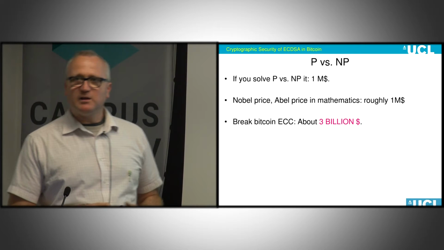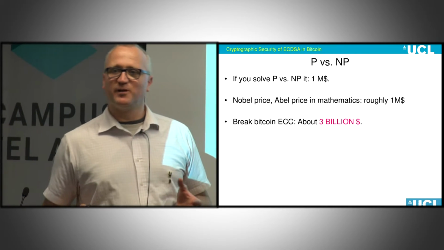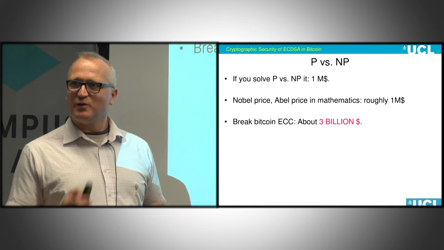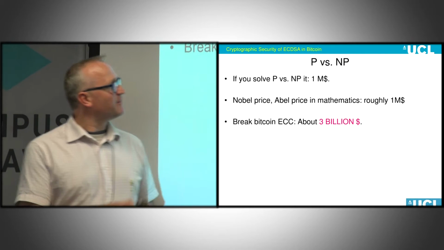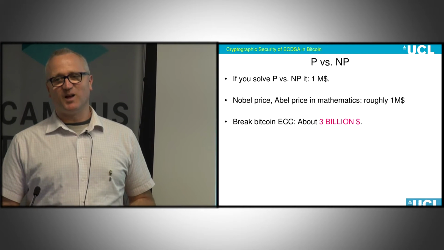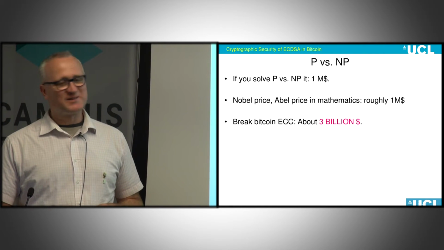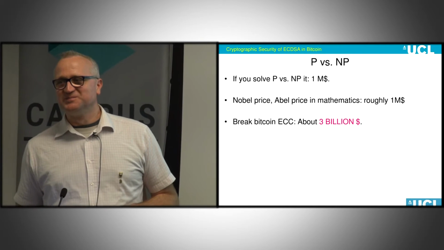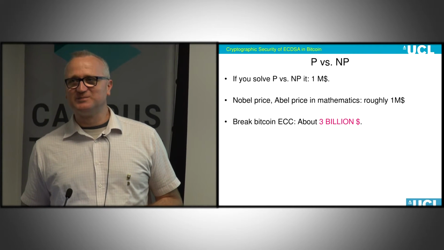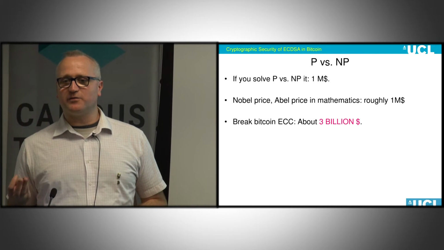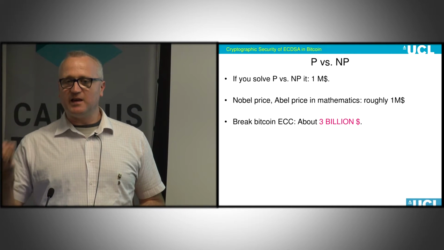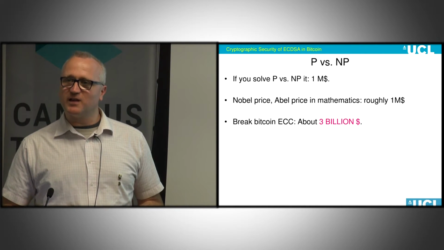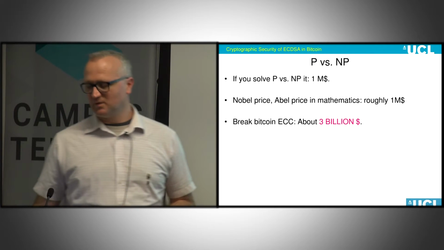Bitcoin has created the most important and the best paid scientific challenge in human history. If you can break the Bitcoin cryptography, you earn about $3 billion. It's not really the honest option here. You could just steal all the Bitcoins. But from the point of view of science, it is a mathematical problem which has a very, very high price if you can solve it. And this is absolutely unprecedented. So it's quite interesting.